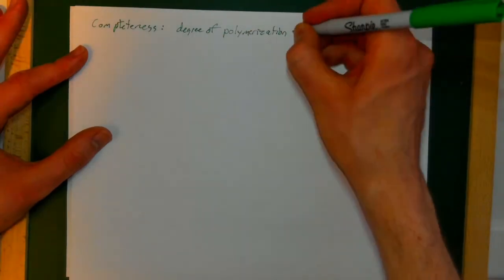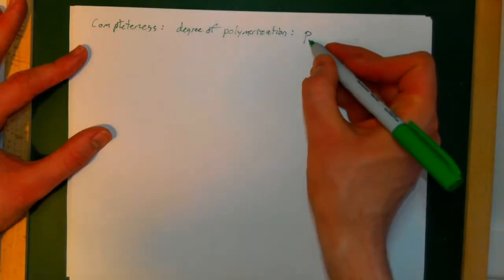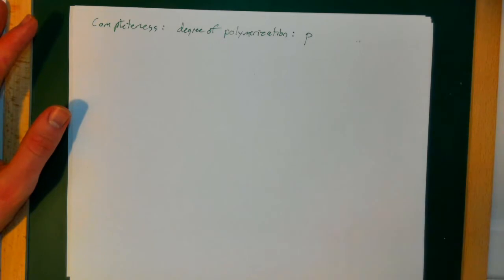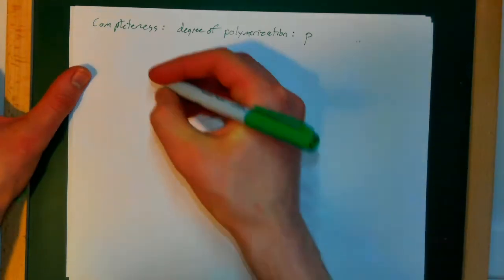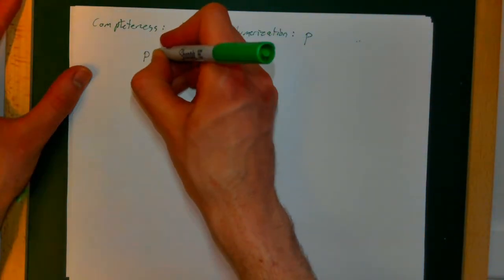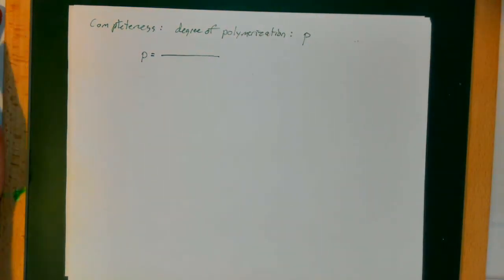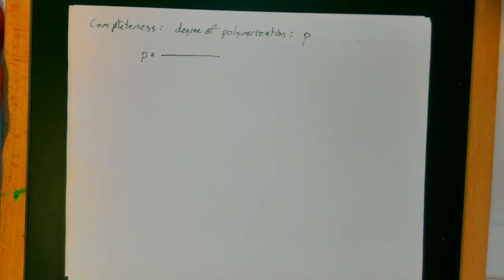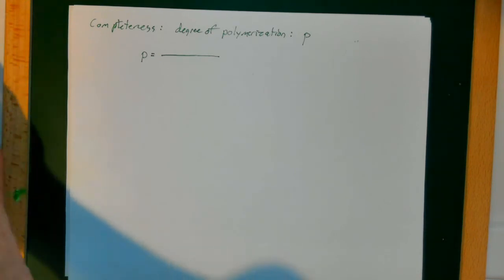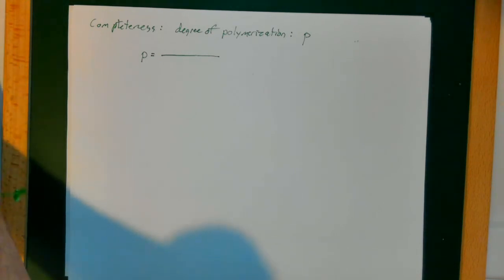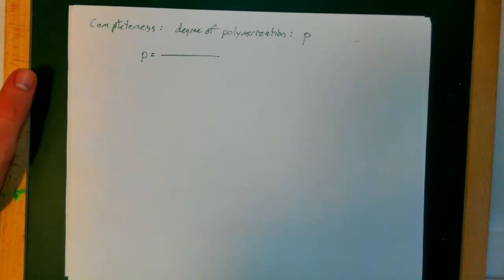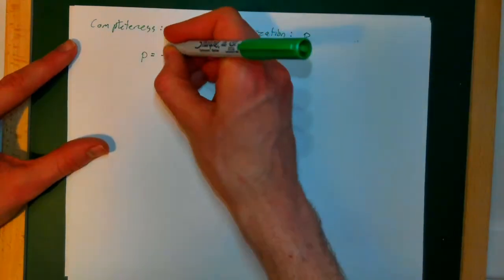And the degree of polymerization is usually given the variable lowercase p. And what can you think of p as? Well, you can think of it as a fraction. I guess you can frame it a couple of ways. So you could think of it as the number of bonds